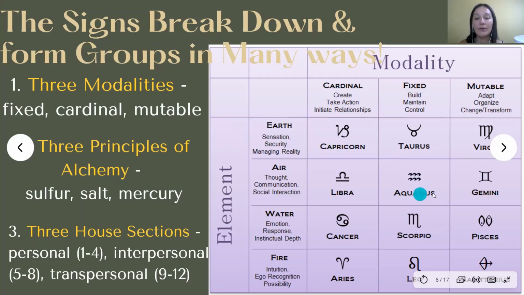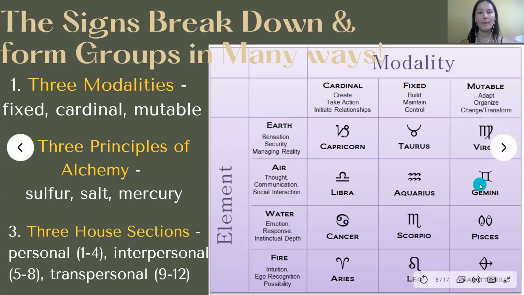For another example, Aquarius is a fixed air sign. There's only one fixed air, and that's Aquarius. So that's what gives Aquarius its very unique flavor. It's because it's fixed air. Whereas another air sign, Libra, is cardinal air, and that's a whole different energy flavor, because cardinal represents creation, taking action, initiating. So that initiation expression is very different than maintaining, building, and controlling. Fixed, like just holding it.